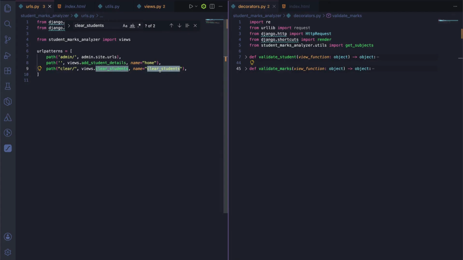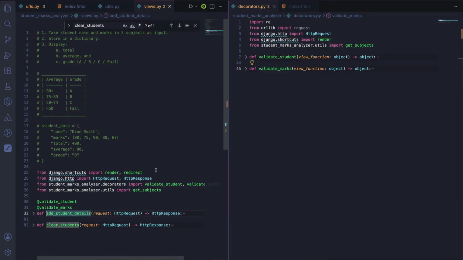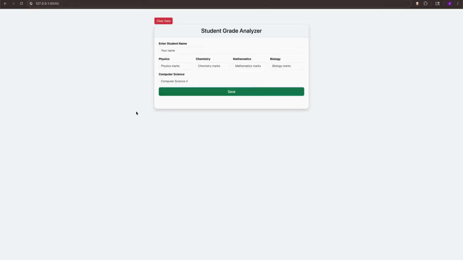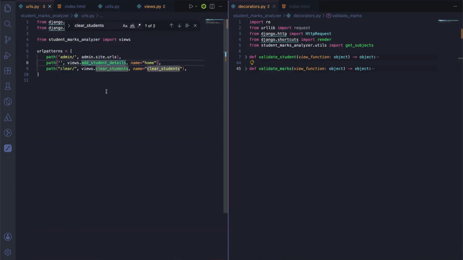So then we have the URL mapping, which connects a specific URL path to a specific Django view function, right? So when we click on add student details, it comes to our views, right? And now before writing backend logic, let's first understand what actually happens internally. So the browser sends the request, right? We send some request from the browser, and we're going to receive it from our Django URL router right here,